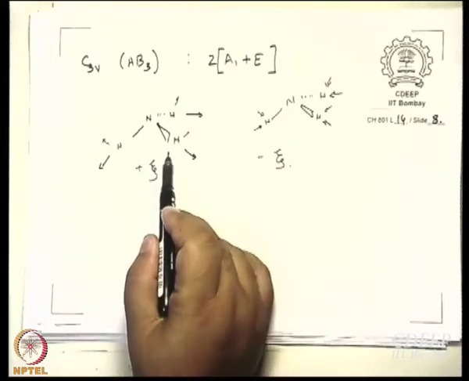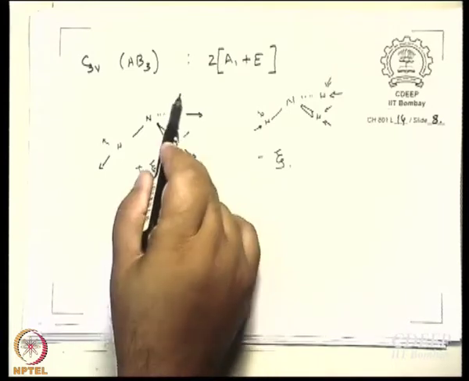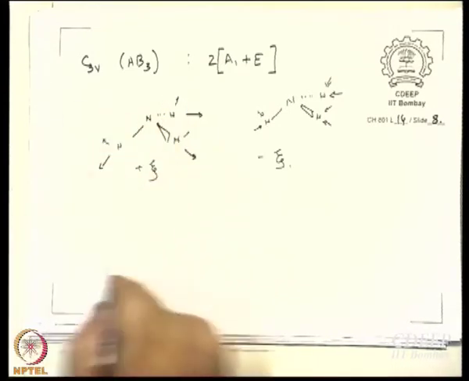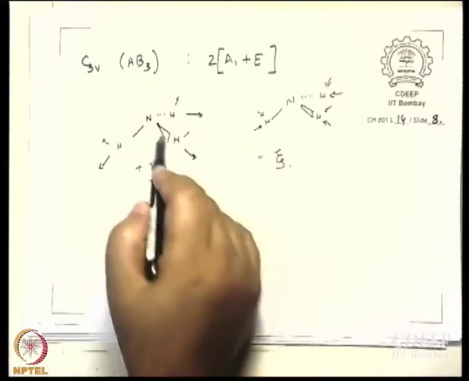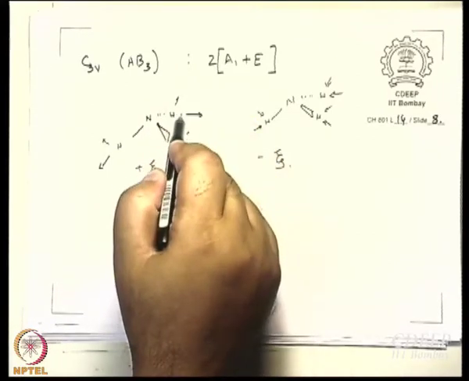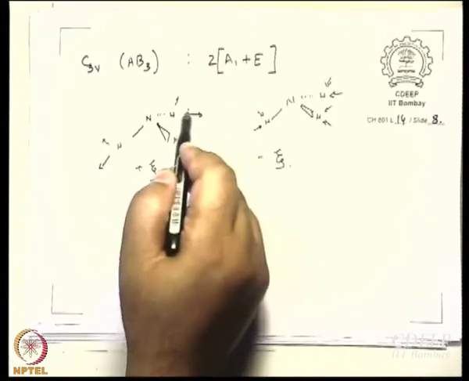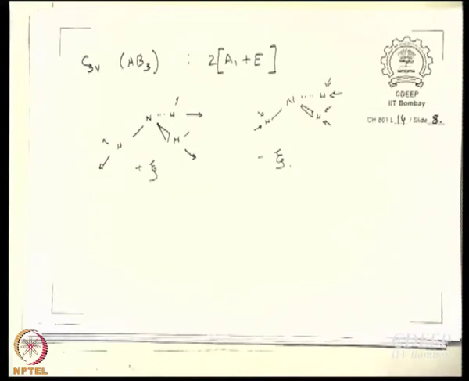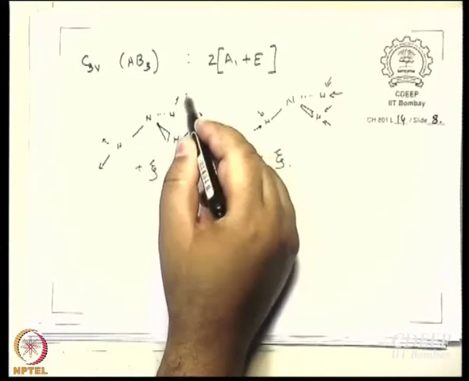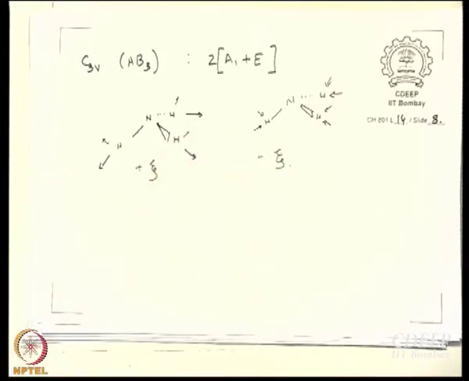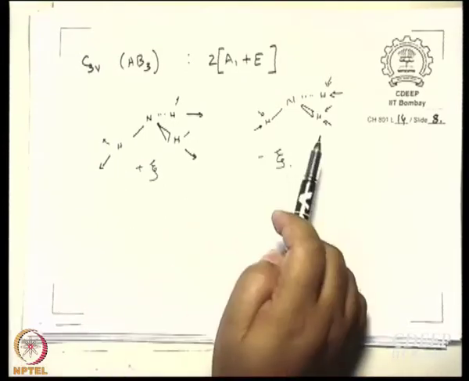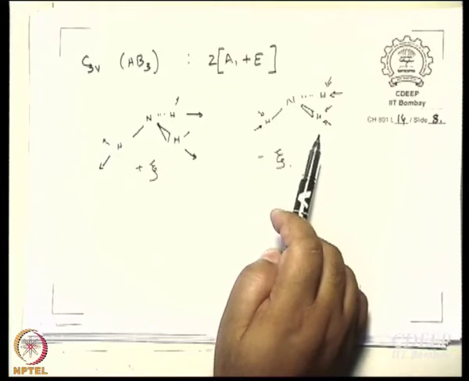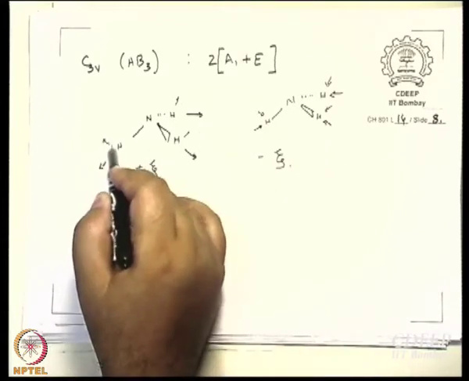If you apply C3 to this, the arrows going up still keep going up, isn't it? If I consider the whole thing to be 1, then arrows going up keep going up, they do not come down. Arrows going out keep going out, they do not come back, right. So, even when you apply C3, the character is 1. If you apply sigma v, then what happens? Same thing happens, because this will remain unchanged, these two interchange fine, but the whole thing is considered to be one motion. So, this is A1, okay. A1 never becomes minus, I mean xi never becomes minus xi. So, next what you could do is simply reverse the direction of these arrows.